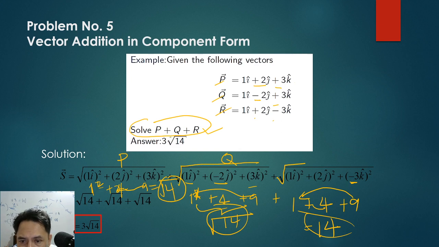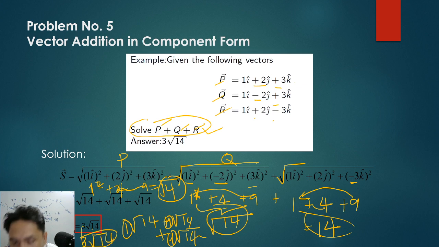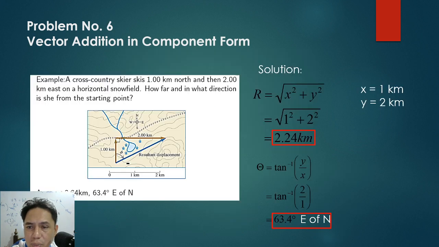All we have to do is just add, because here, p, q, r, we get each component, and then we just have to add. So here, square root of 14 plus square root of 14 plus square root of 14. So 3, because outside there is a coefficient 1, this is 1, and this is 1. And the inside is 14, so 3 square root of 14. Okay, so I think that's enough for now. Before we go to the other